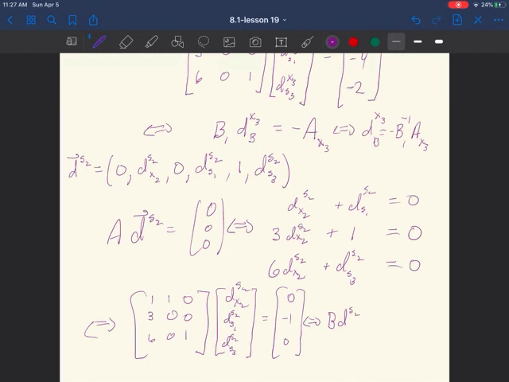And again, this is just equal to B ds2 basic equaling minus AS1. So this is equivalent to saying, again, that dB1 s2 equals minus B1 inverse AS1. Okay, I'm going to stop here for this written portion and go